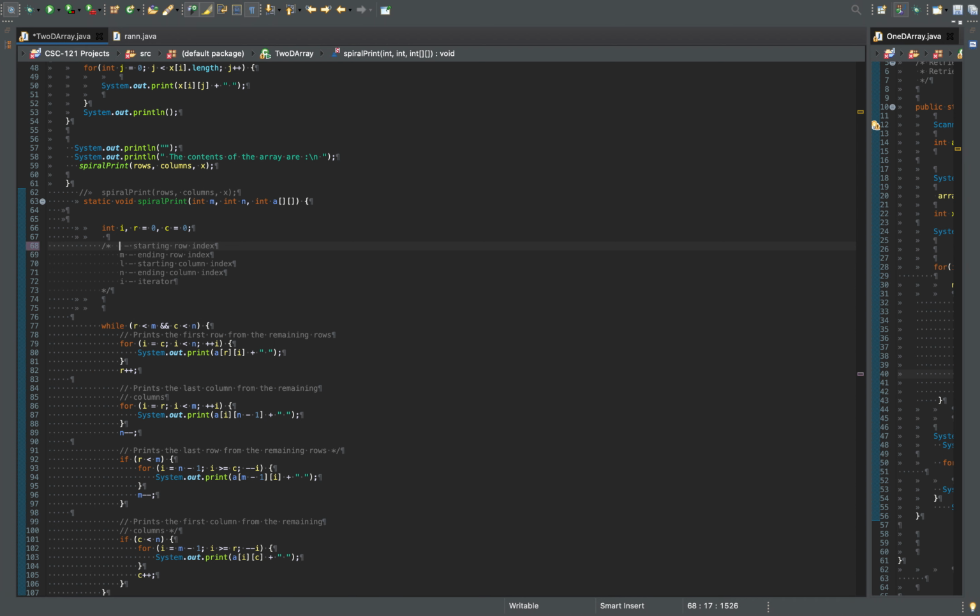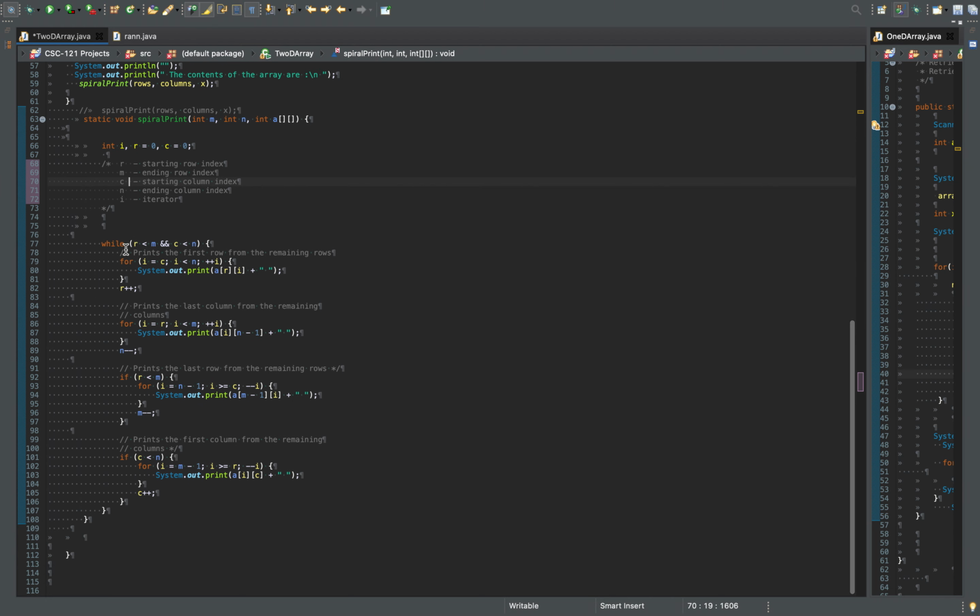This is supposed to be R. So R is basically the starting row index. Let me properly format this. And then M is the ending row index. L is the starting column index, and I have to rename this to C. And N is the ending column index. I is the iterator, as discussed earlier, and I have used a while loop